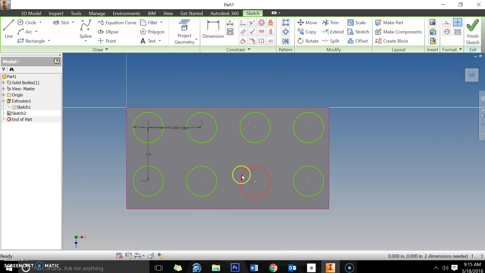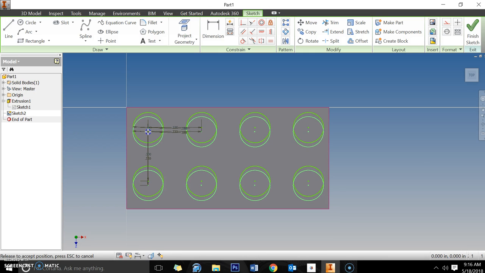So now I have all these duplicate circles. Everything looks pretty good. If you don't like your spacing, like I have more spacing here on the bottom than I do on the top, all I have to do is left click and drag that center circle, or the original one, I should say, and I can kind of eyeball it and space it up. It doesn't have to be perfect, but that's how you can move duplicates. Alright,